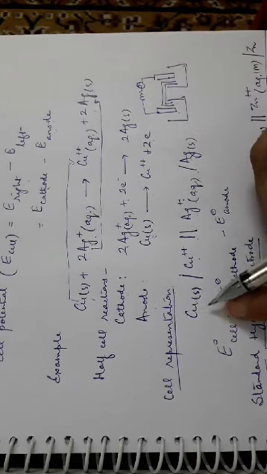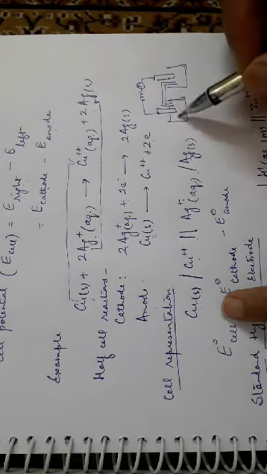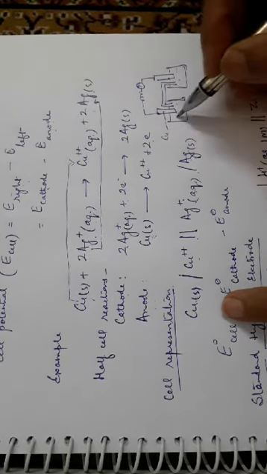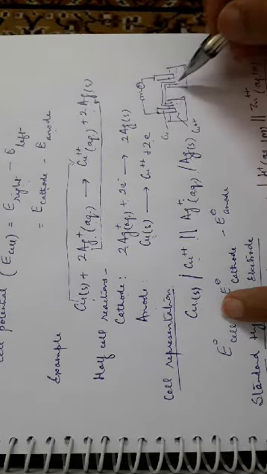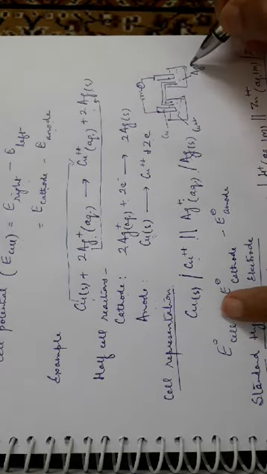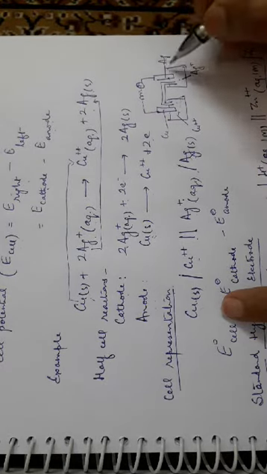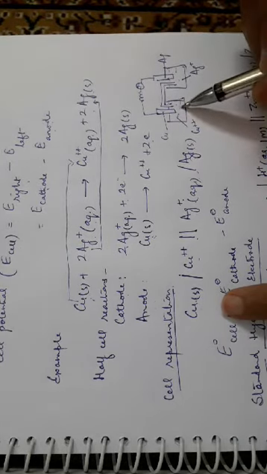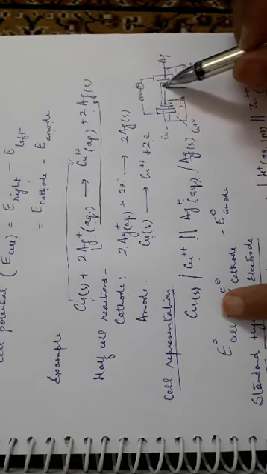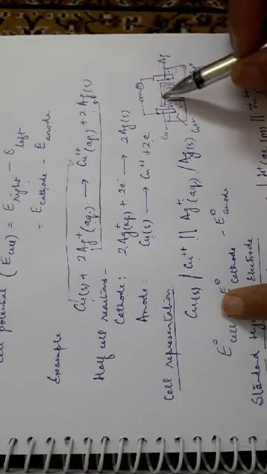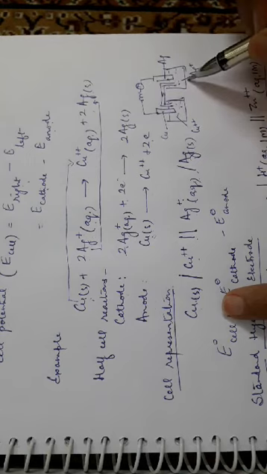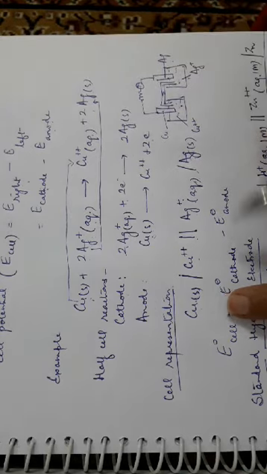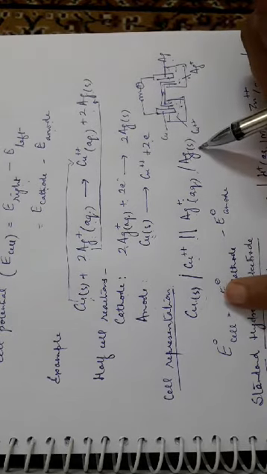Whatever is written on the left hand side, we will go stepwise. Electrolytic solutions are also there in these half cells. As this is copper, it is in contact with the copper ions, and in this cell we have taken silver ion solution, and the rod is also a silver rod. We are representing it now. Copper in contact with the copper ions. These copper ions are in contact internally through the salt bridge with silver ions, and these silver ions at the interface are in contact with the solid silver. So this is the way we can represent the cell.